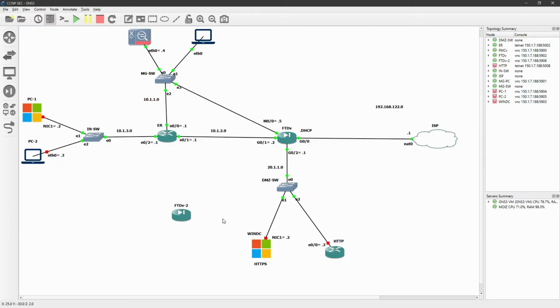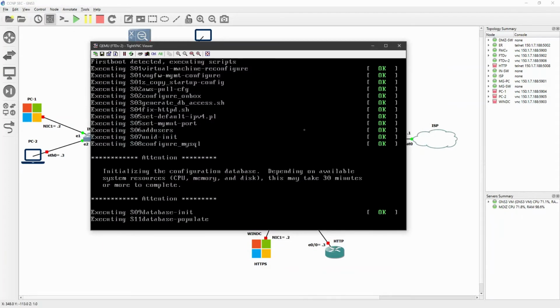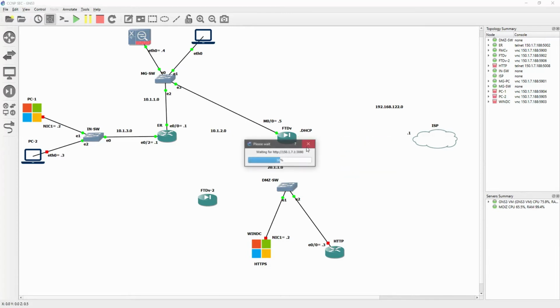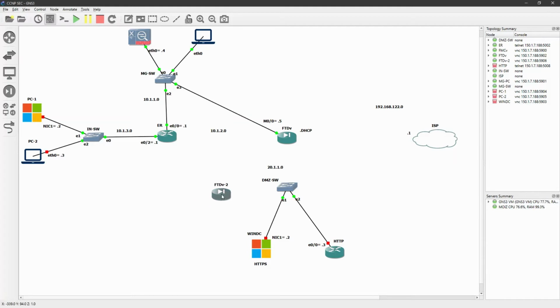Right, back to my topology. This is my FTD2. I have done nothing, I've just initialized it. It is still loading; you can see it has not totally loaded yet. Until then, I'm going to add some switches and build my topology. I will just delete the links.